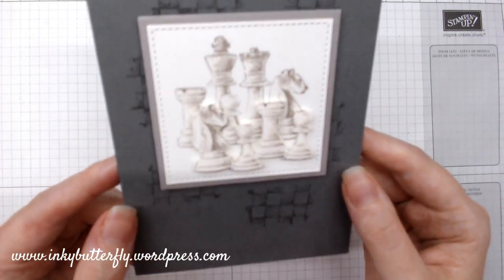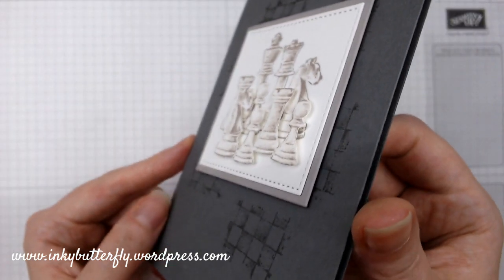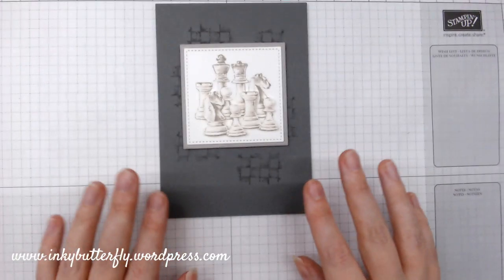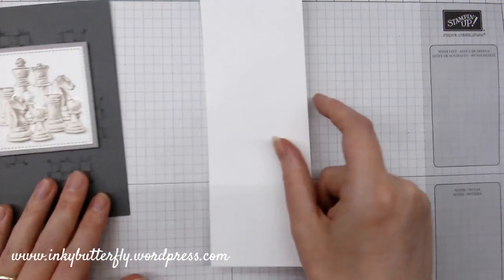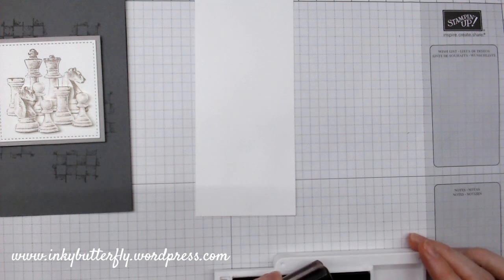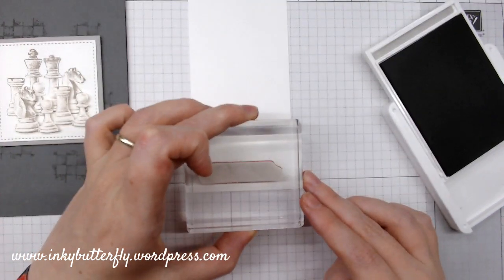Oh, sorry about the flare there. Trying to get it so that you can actually see the dimension really. I think it really helps. So the only thing to do is to add the sentiment. So I used this strip of card for the other one, so I'm just going to bring back in the grey granite ink. Some light tapping on there. Just going to stamp that at the bottom of this strip,